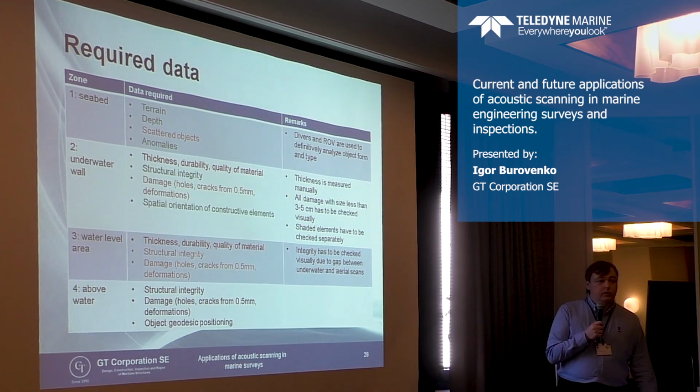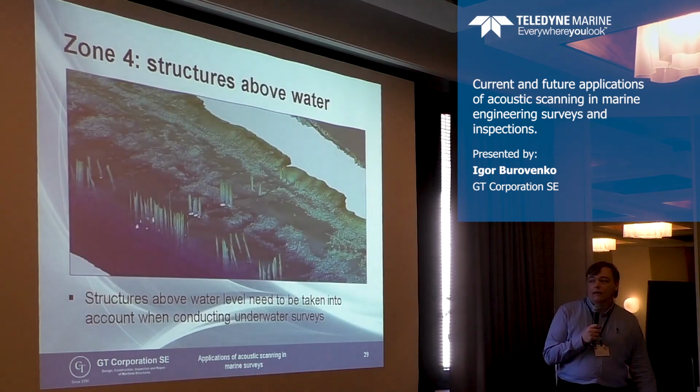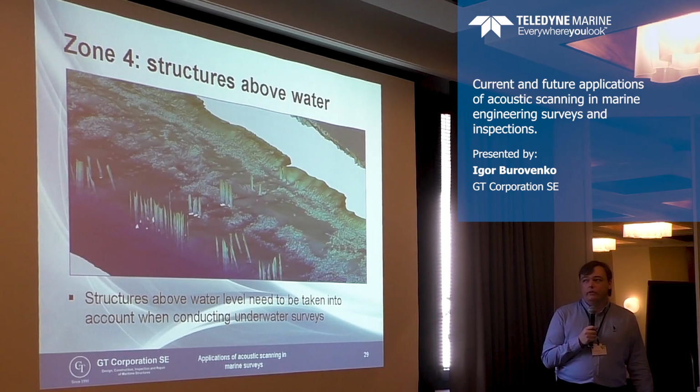Also, there is a part which possibly most of us don't ever think about: the structures above water. So this is the oil terminal from the first part. It is then another part of the mesh. We have some piles here which are the bases, the foundations of structures above water. We can use the laser scan in the raw